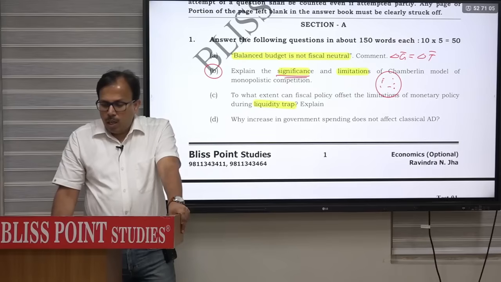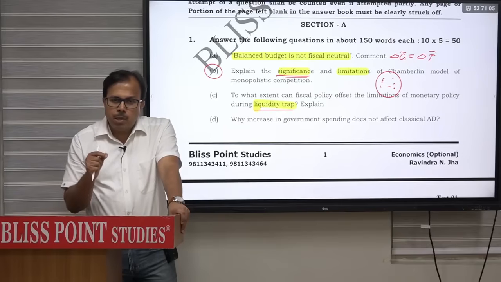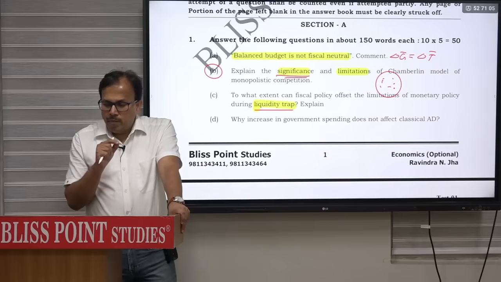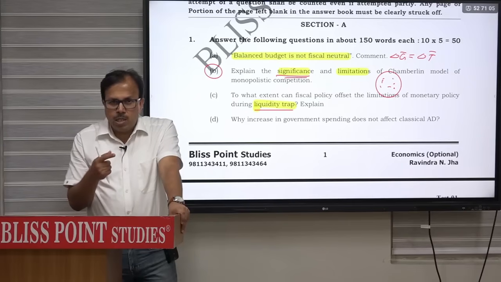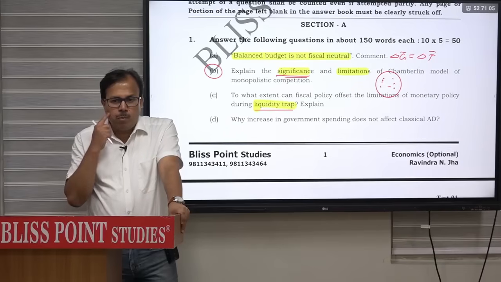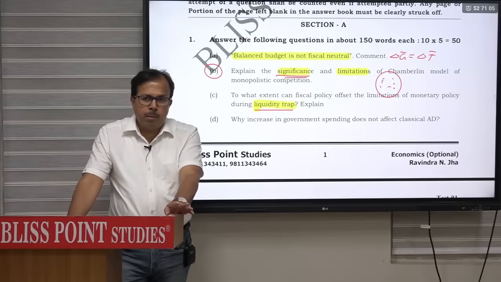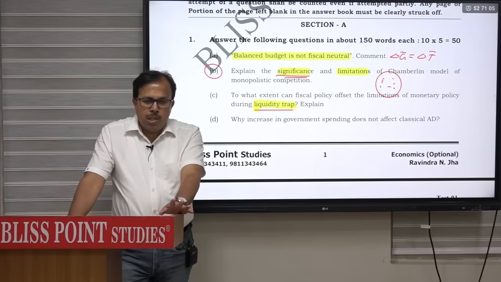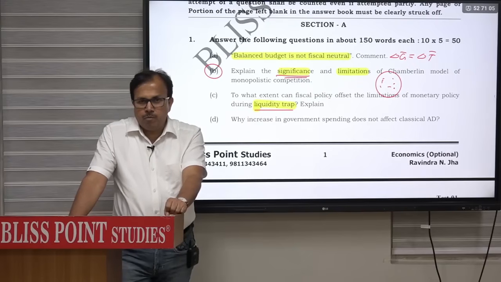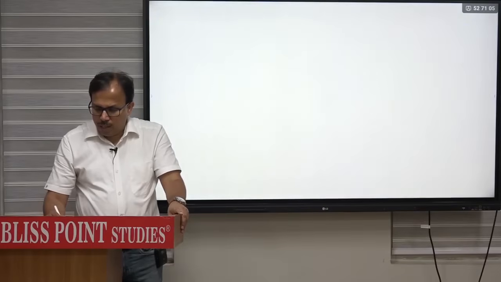Liquidity trap में क्या होता है? Stage 1 is not operating. That means transmission mechanism का पहला stage fail हो गया. So if interest rate is not declining, then investment will not increase and therefore no change in income. So how can fiscal policy offset? Now fiscal policy does not operate through change in interest rate. Fiscal policy का change autonomous है, वो independent from interest rate है. So if economy is in the liquidity trap, then monetary policy cannot take economy out of that trap. Fiscal policy can. You can add that part by first explaining those things, and then